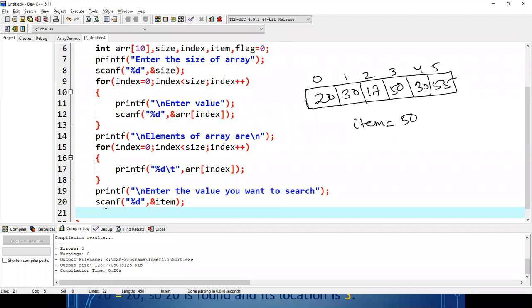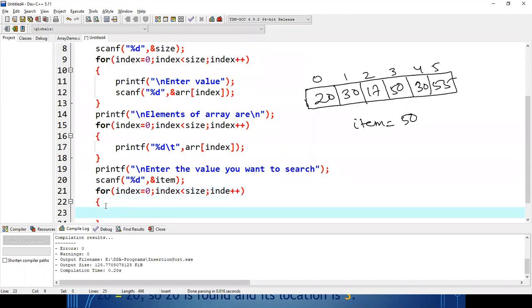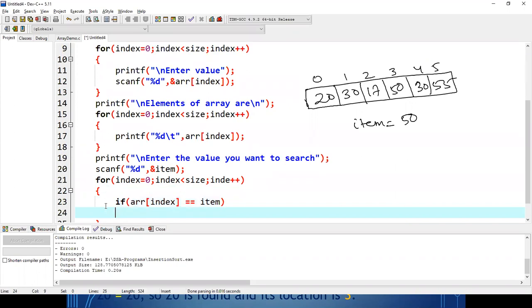So I'll start searching from the 0th index. So for index equal to 0, at most I'll go to the last index: index less than size, index plus plus. What I'll write here: if array of index equal to item.